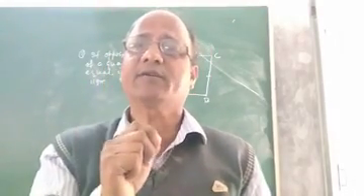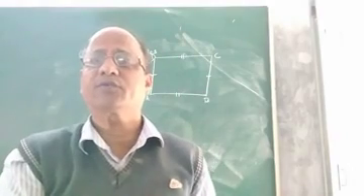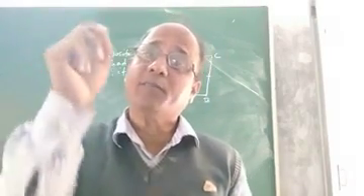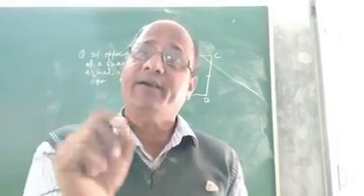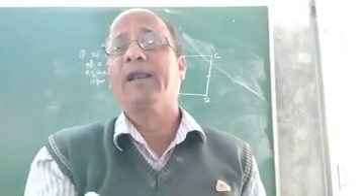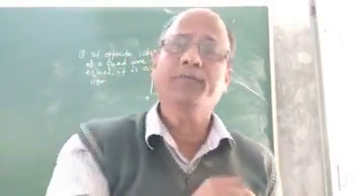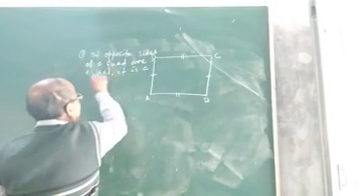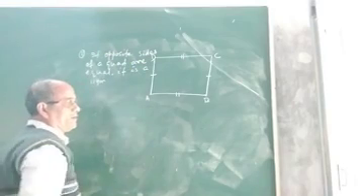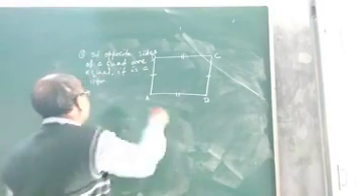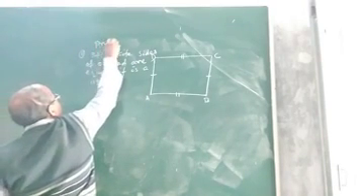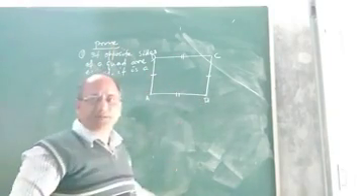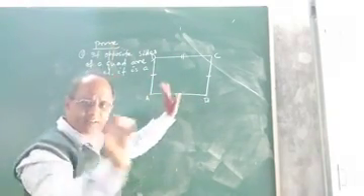Okay, let me discuss. Children, I hope you understood the question. In a quadrilateral, if both pairs of opposite sides are equal, prove that it is a parallelogram. If opposite sides of a quadrilateral are equal, then it will be a parallelogram. Prove it geometrically. Now see, this is the diagram, this is the figure. Suppose ABCD is a quadrilateral.